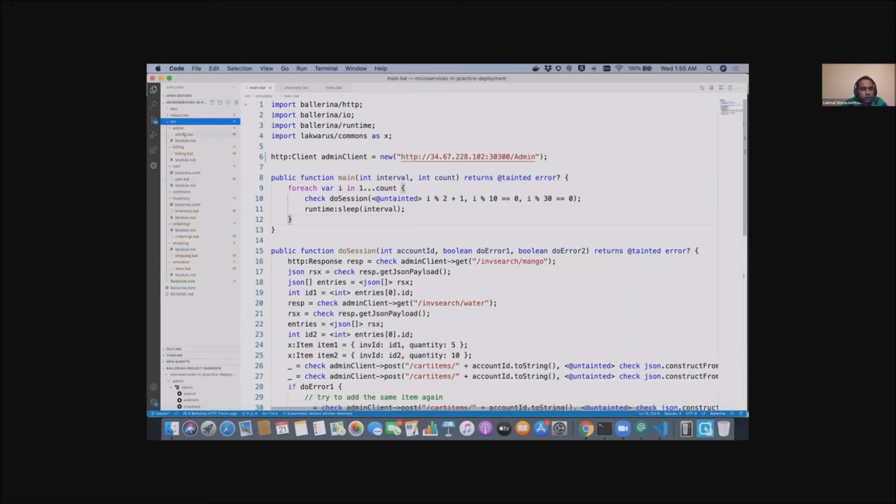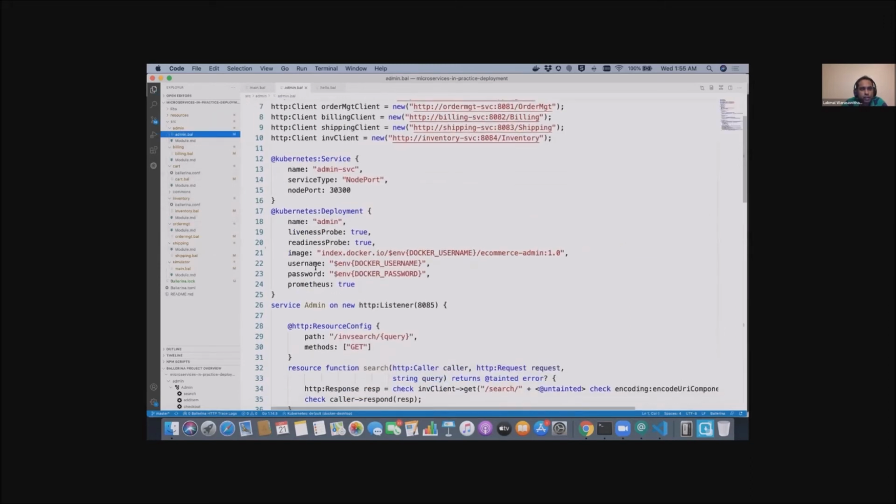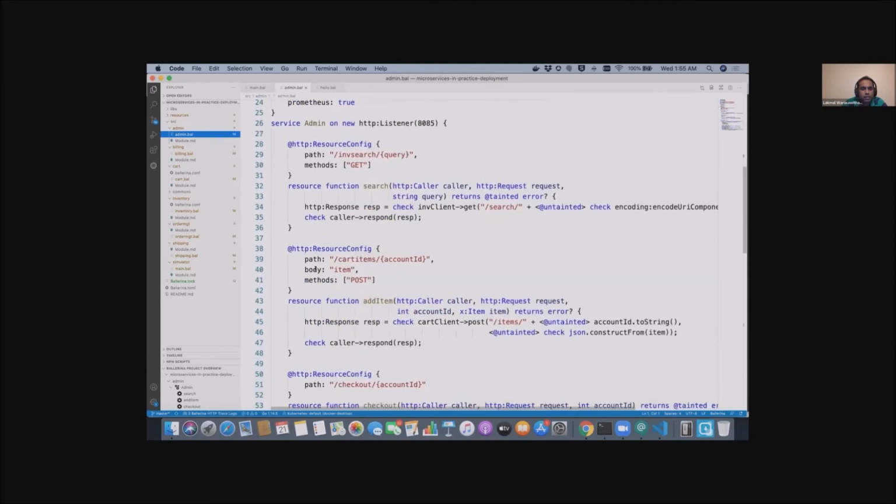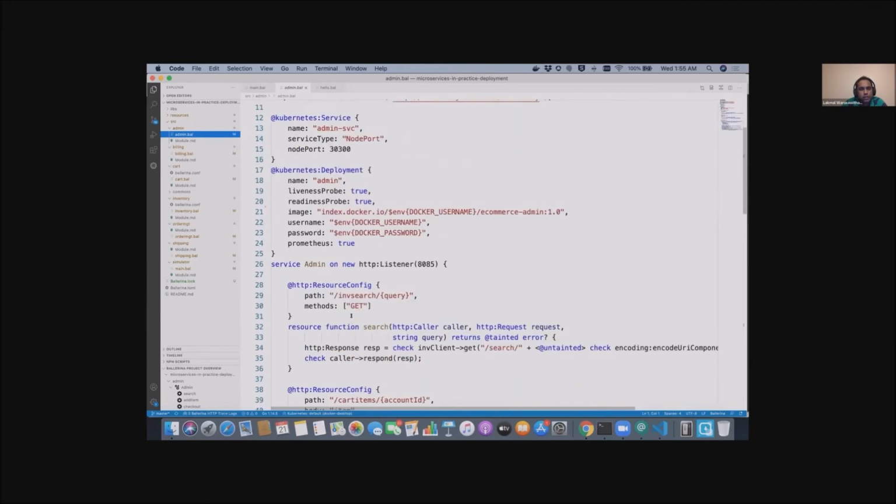If you look at the admin module, you can see that within the service we have defined our business logic. On top of that service, I have 2 annotations, that is Kubernetes service and Kubernetes deployment. In this case, I have given the proper Docker registry name, because when I build this, it will automatically build and push into the Docker Hub registry.